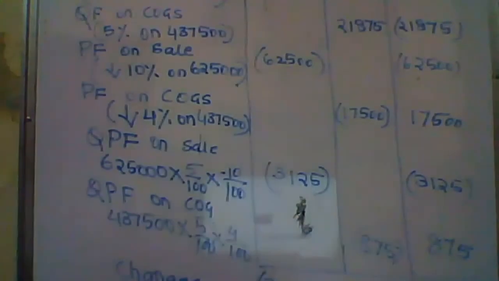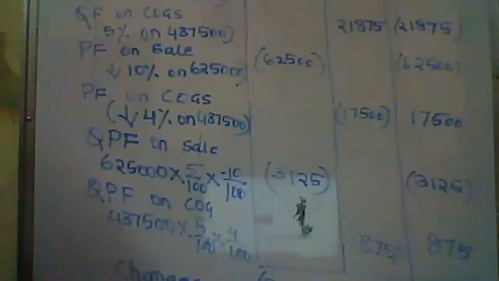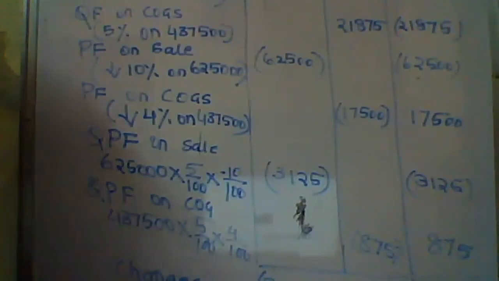Sales 34,375. Okay, this is minus, a reduction. Increase in cost of goods sold, how much? 3,500. So there is an increase in cost of goods sold by 3,500. Total is